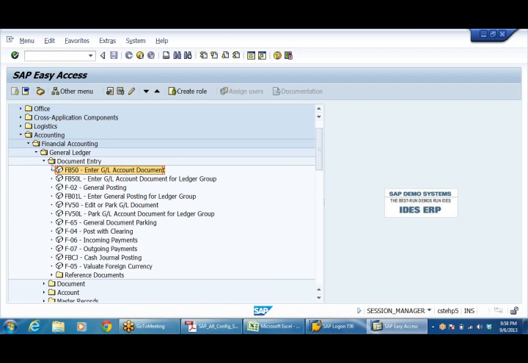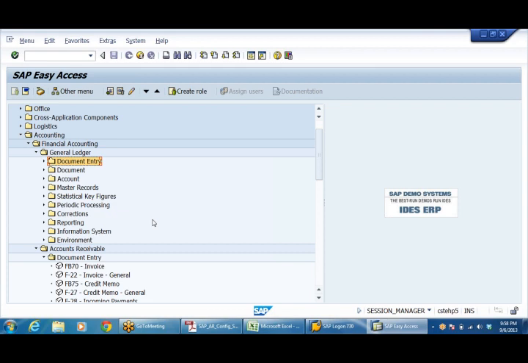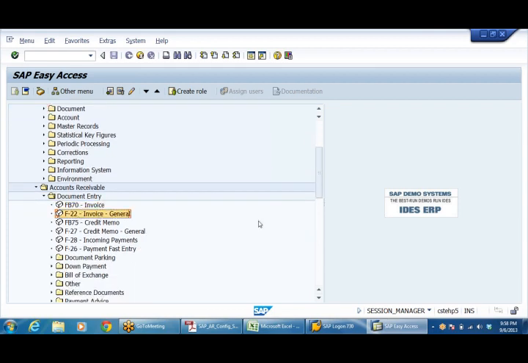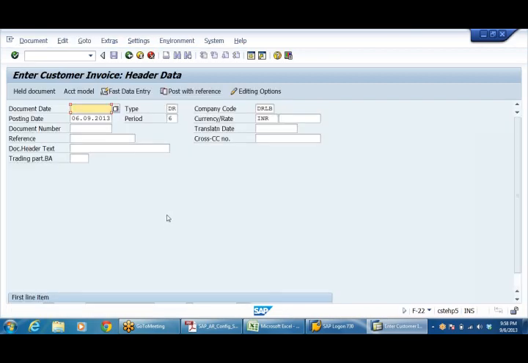The same relation between FB50 and F-02 is the relation between FB70 and F-22. So you can use either. We'll enter in both ways, of course. Let us see. I am using F-22 invoice general. So here, document date. Acha, one more thing I need to tell you here.